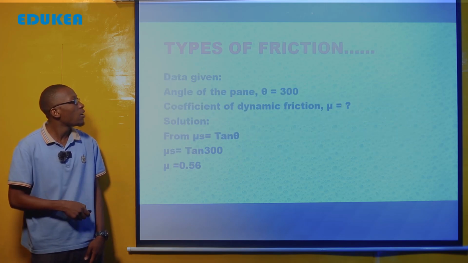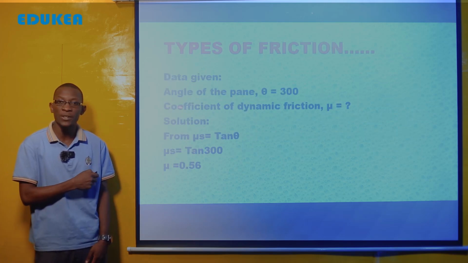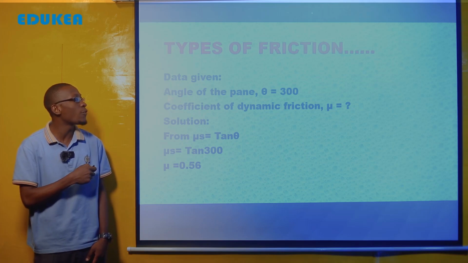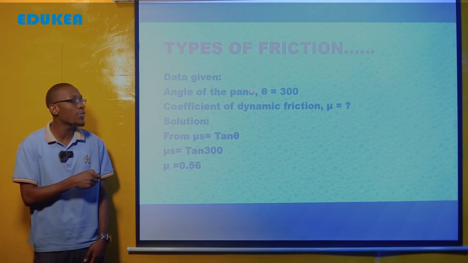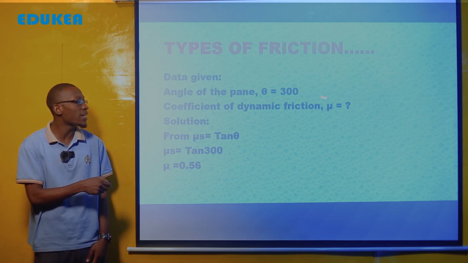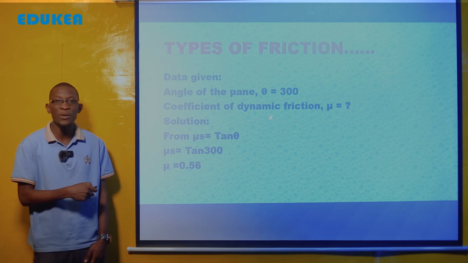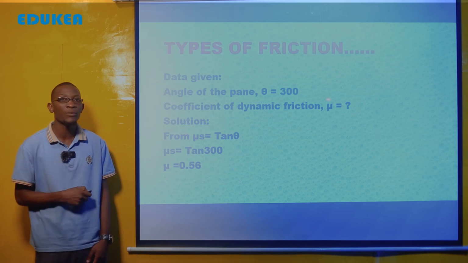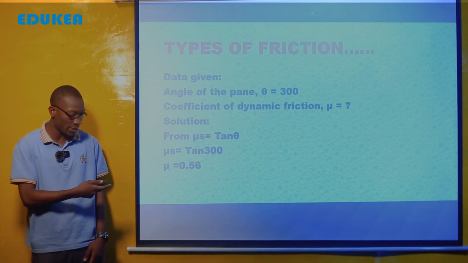So we have data given. The data given, we have provided angles of the plane. Tumepewa angle of the plane ambayo theta is equal to 300. Coefficients of dynamic friction itakuwa kiasi gani? From the formula previous, we say that the coefficients